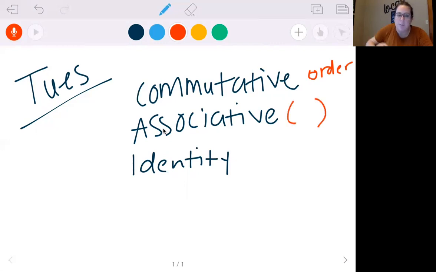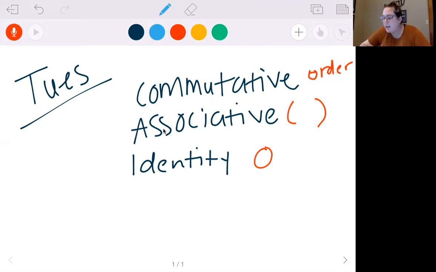Associative is, remember, you have your parentheses, and identity is going to have the 0 in it. It's similar to the 0 property we did last year with multiplication. So these are the ones you have to know. You need to know the definitions of them with matching. I'll give you the definition, you tell me the name. You also need to know how to recognize them. If I give you a problem, tell me which property it is.